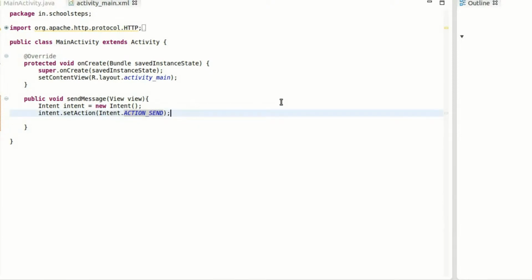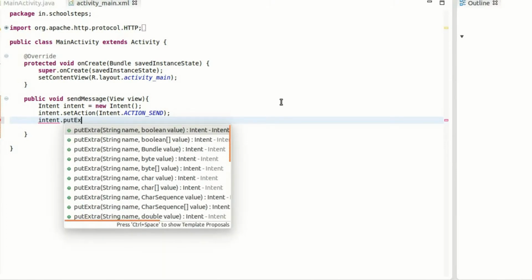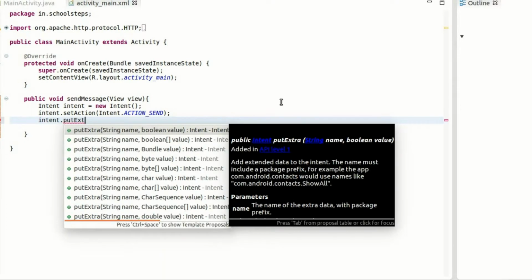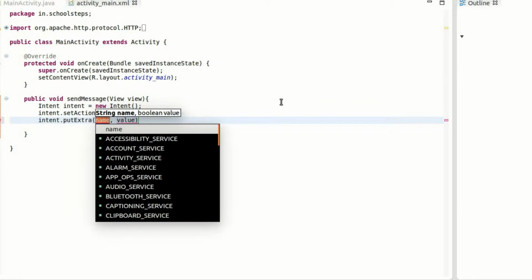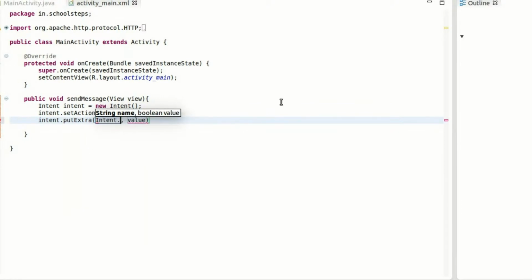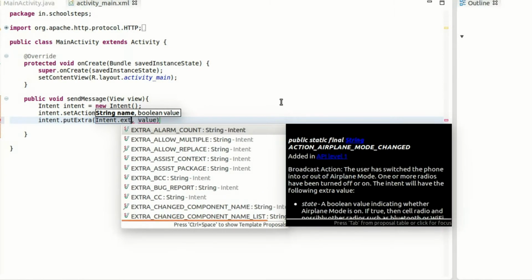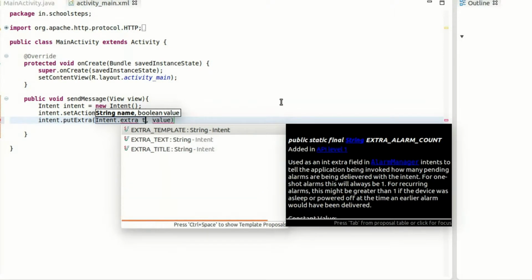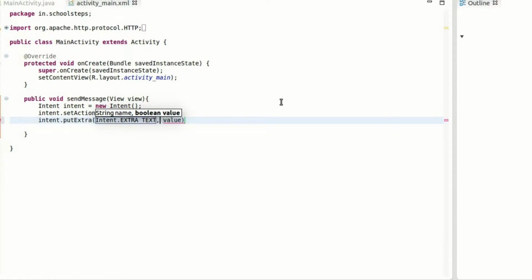After setting the action, we need to set the text, and we need to take help from the putExtra method. So we need to say putExtra, and the key will be again the constant, which is Intent.EXTRA_TEXT, and the value could be any. Let's say this is a test message.